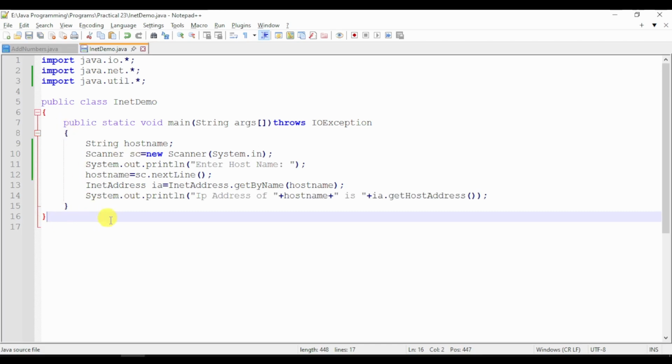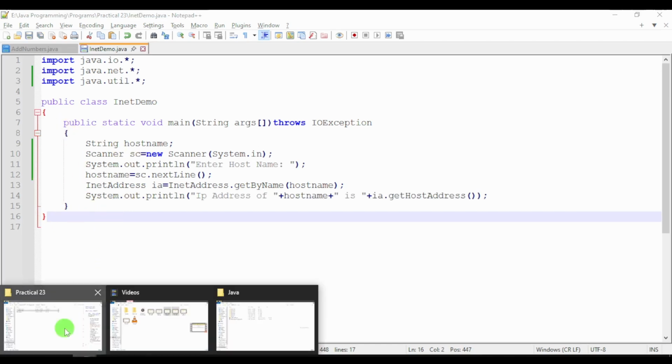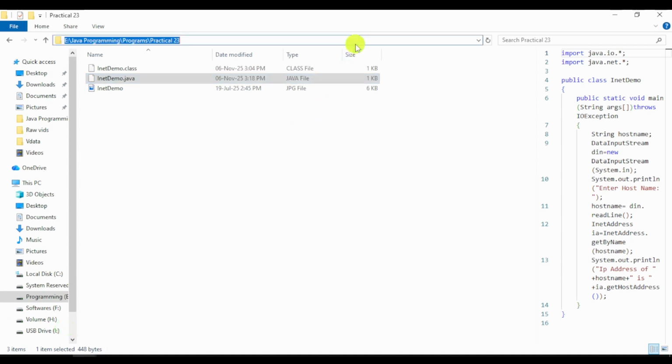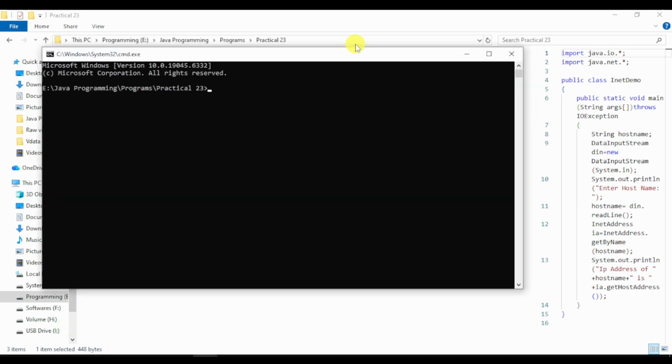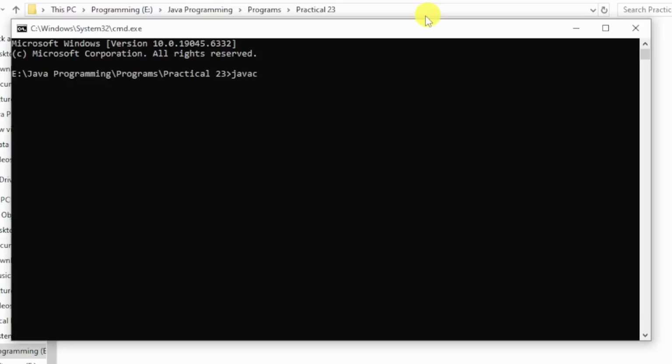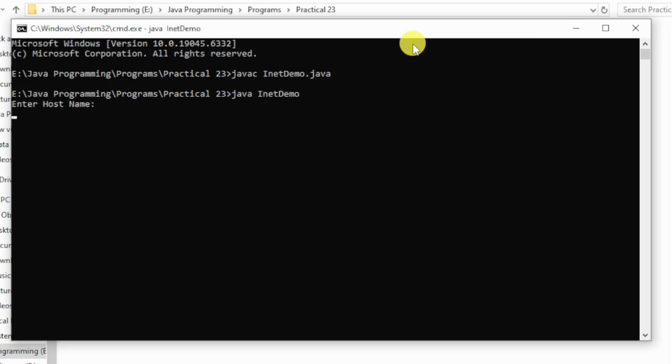Saving the code, to run it I am going to the location and then opening CMD here. After that, the first command is javac space class name, which is InetDemo.java. There is no error. So entering the second command as java space class name only. Now the output is generated, which is asking me to enter the hostname. So I am entering